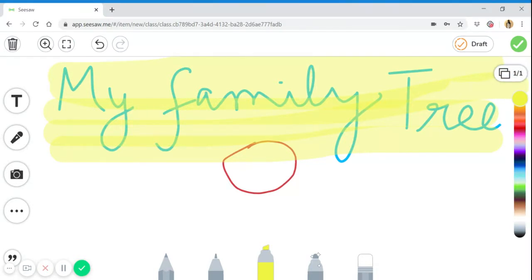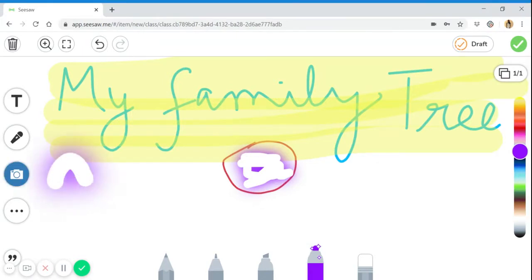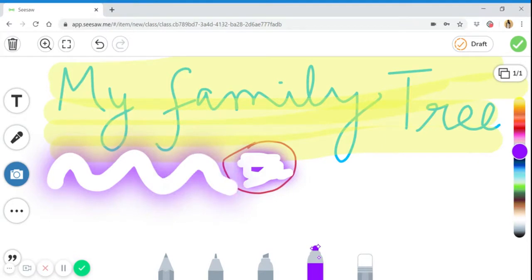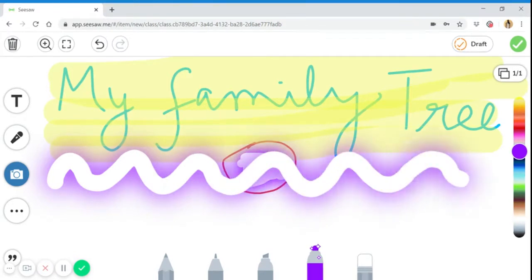Now if I want to use the next tool, that is called the airbrush or the spray paint tool. You can use this for decoration. Choose a color for your brush and you can choose how to decorate any part. From here also you can choose the size for your airbrush, and supposedly here I'm decorating it with my finger on my touch screen. So this is my first page which I have decorated.